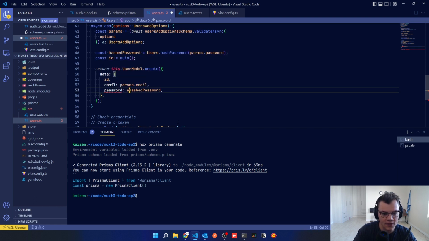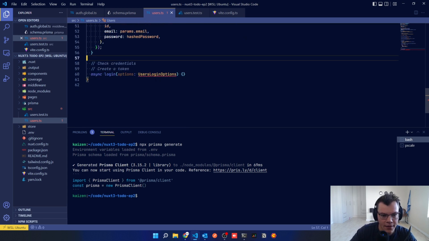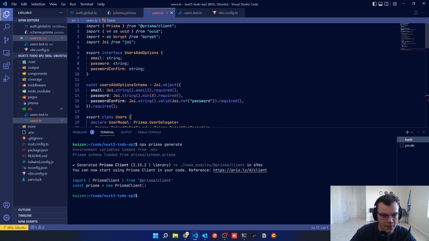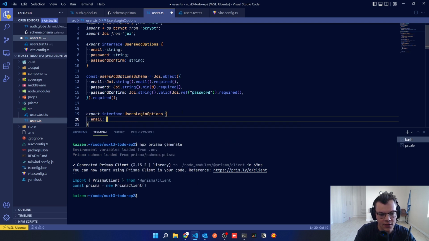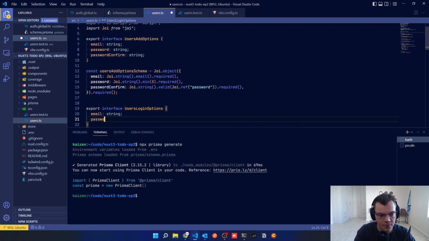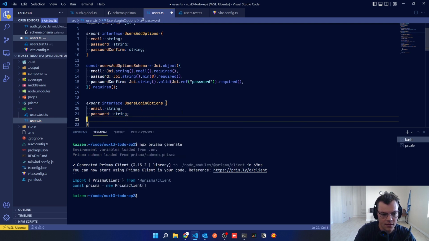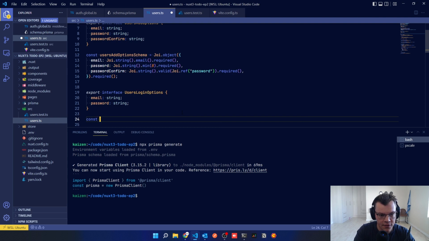So what we need to do over here is say await. Oops, oh, over here. All right, and then user login options we need to define. So let's do that below this. Export interface users login options. This only needs an email and a password. And we can create a Joi thing for that again. Users login options schema